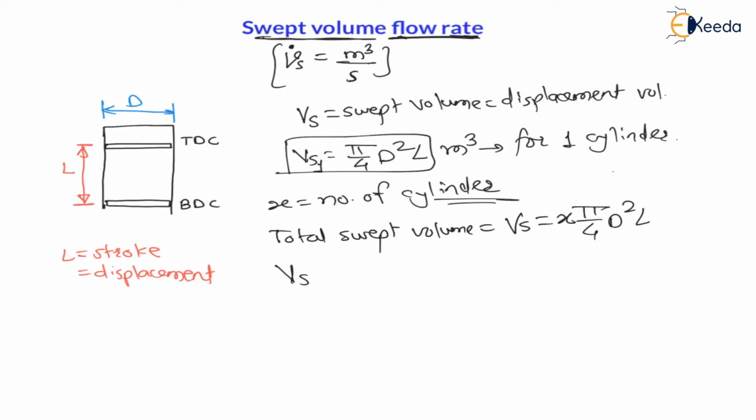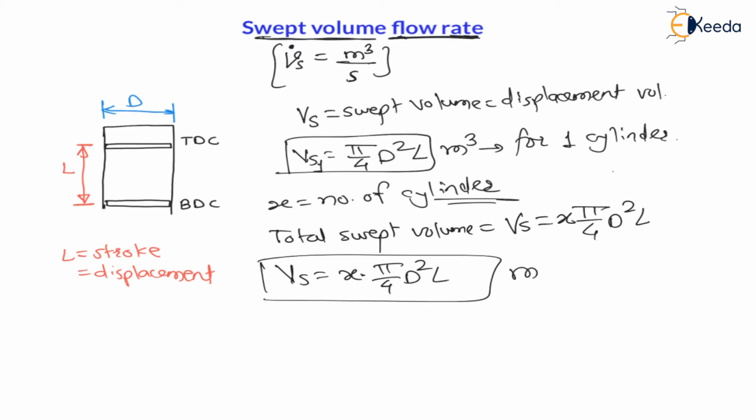Therefore total swept volume is x into pi by 4 D square L. But my dear students, unit is meter cube, and our target is to find swept volume flow rate, that is